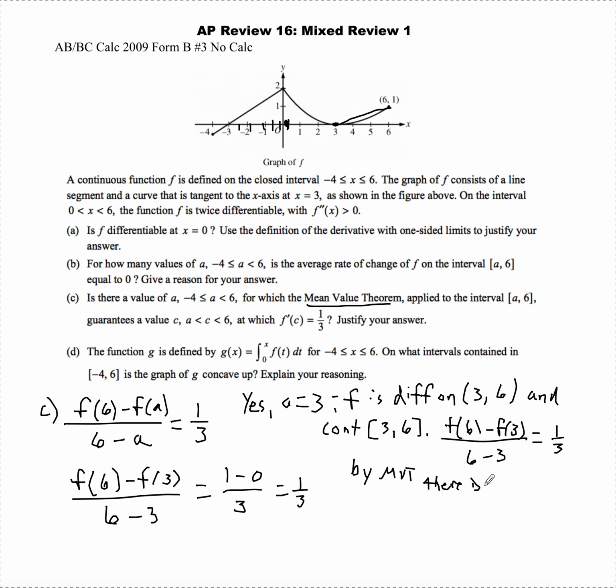There is a value C on 3 to 6 such that f prime of C equals 1/3. Well, you got 1 point for saying yes and A equals 3, and then 1 point for your